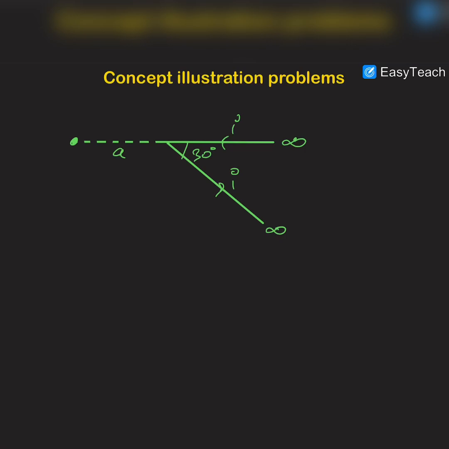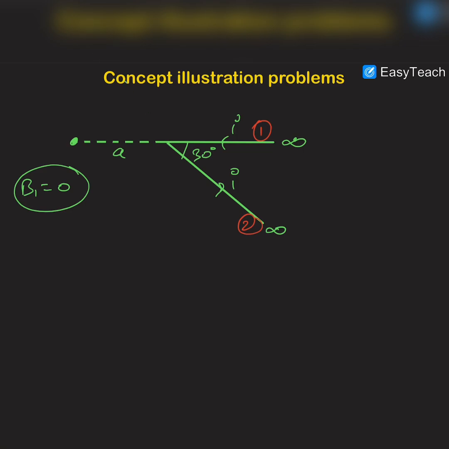In this question you can see that there are two wires, one is like that and the other is like that, and current is flowing in this sense. So we have to find out the magnetic field at this point. If we name this wire as 1 and this wire as 2, then the magnetic field due to 1 will be 0, because this point is lying on the axis of this wire, and the magnetic field due to 2 can be calculated